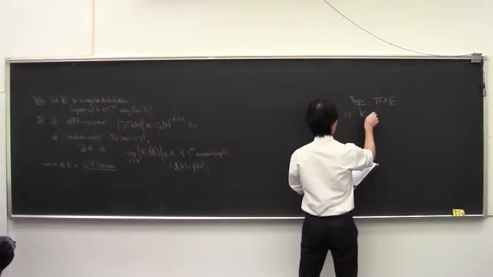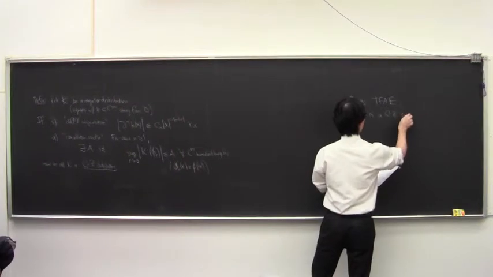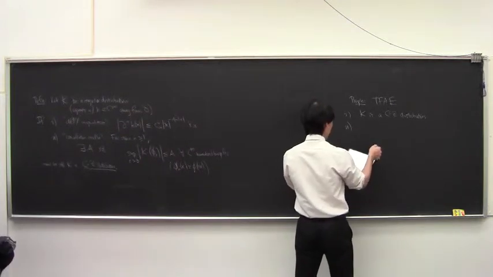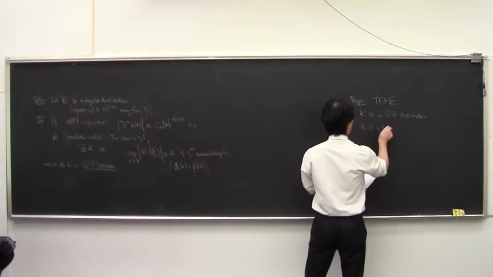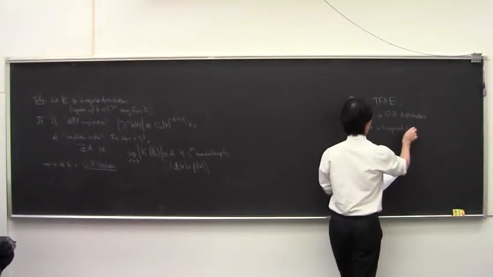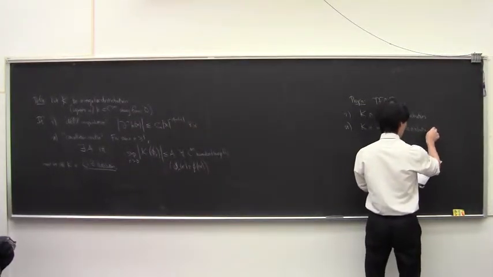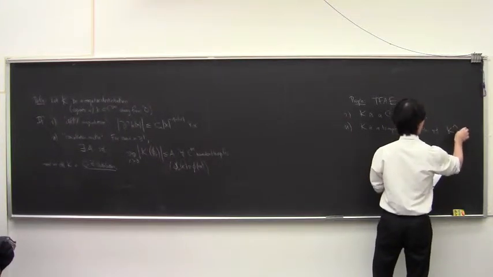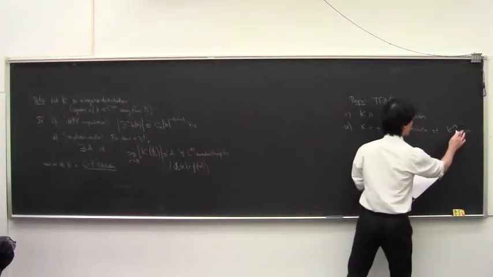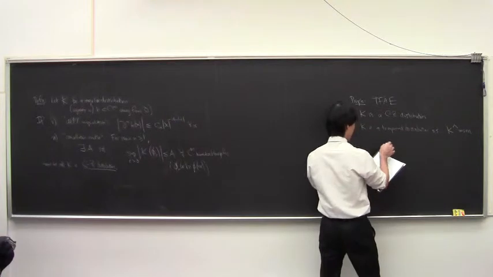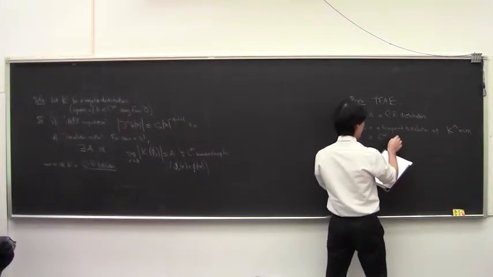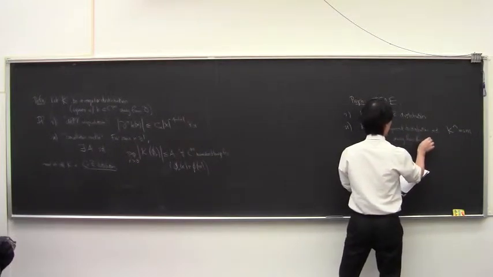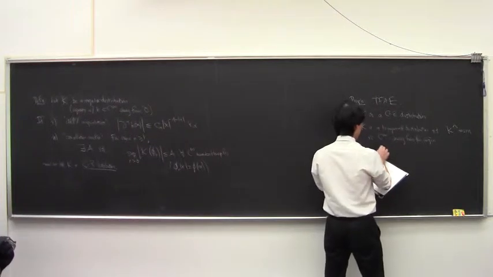K is a Calderon-Zygmund distribution if and only if K is a tempered distribution such that its Fourier transform, which we denote by m, is C infinity away from the origin, and satisfies